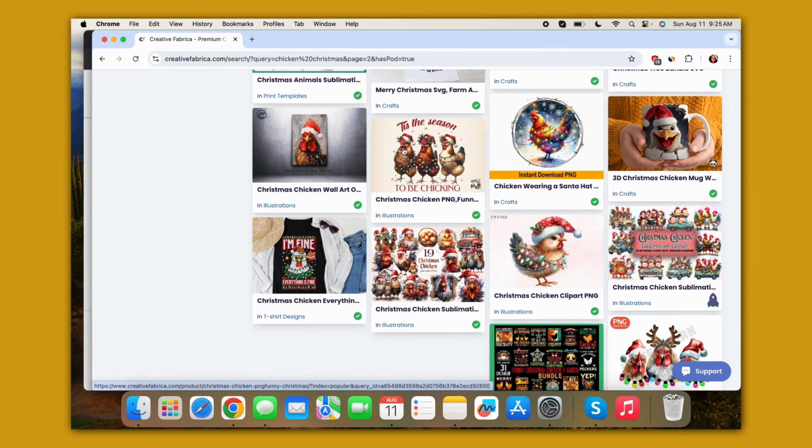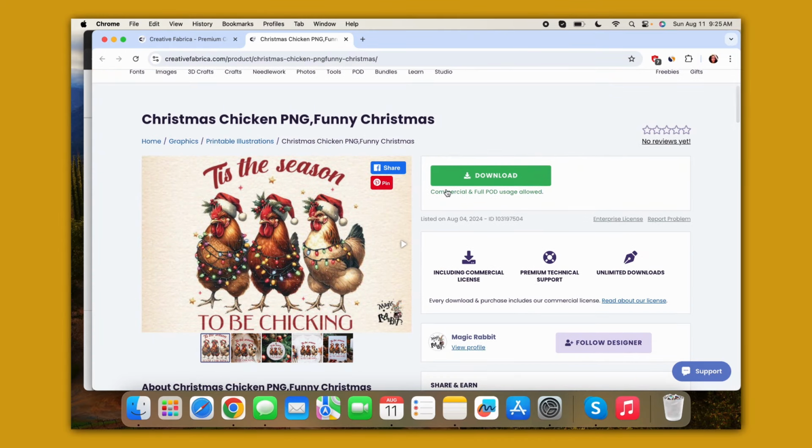Or even this one. I like this one. I think I'm going to do this one. But for example, this one is saying commercial and full POD usage, meaning you can just sell it as is, but I'm not going to do that. So I'm going to be downloading this one, and then I'm going to be showing you guys in Canva what we're going to be doing